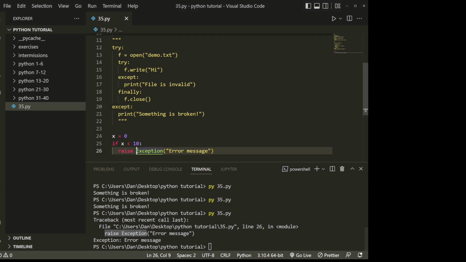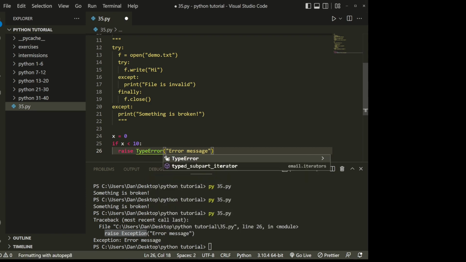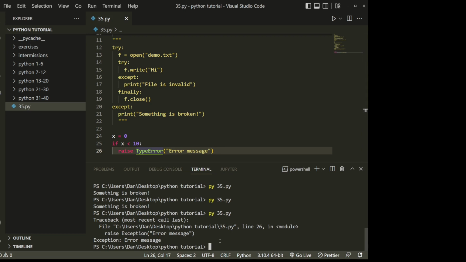And just so you know, you can do stuff like a type error or a name error or whatever kind of error you want to put in here, and you just replace the word Exception with TypeError, right? So now we see raise type error. Here is what's returned to the user. And that covers our try except block, and we're going to be moving on to some user inputs and then